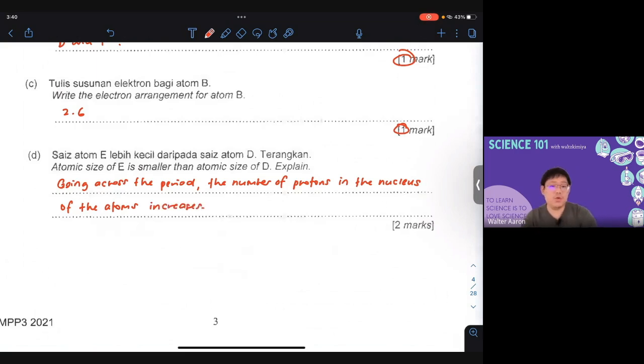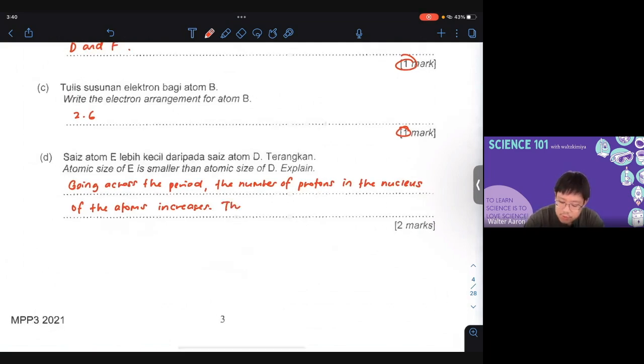So technically speaking, the nucleus becomes more positive. Then you say that the attractive forces between the nucleus and the electrons